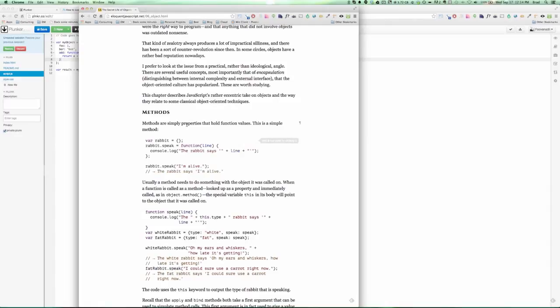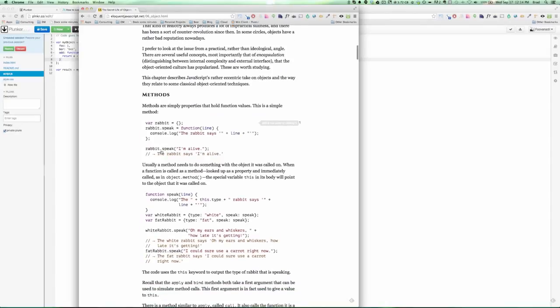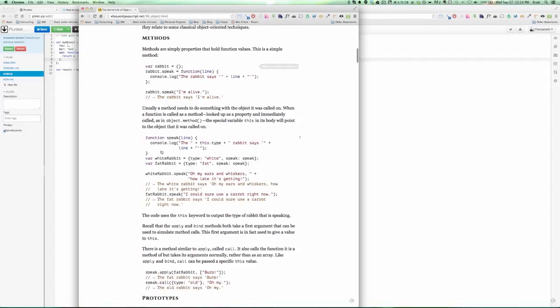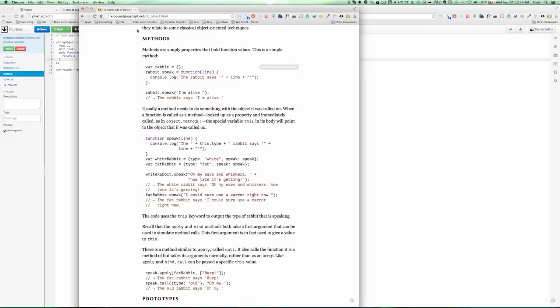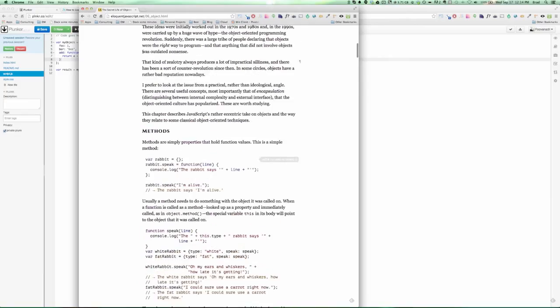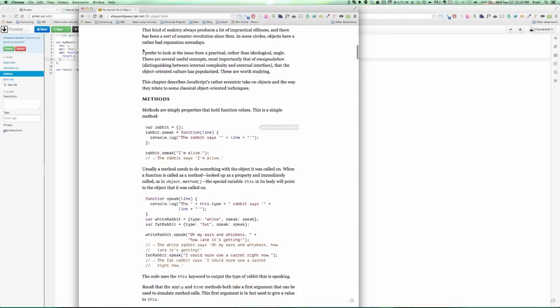Sure. So I'm not familiar with this book, but it does look pretty good. We took a look at it when Lynn posted it, so thank you for that, Lynn. It does look very interesting, so we need to catch up with it. I haven't read it, but I just jumped in here. So this is eloquentjavascript.net. We just jumped down to maybe their chapter on objects to kind of further what we were